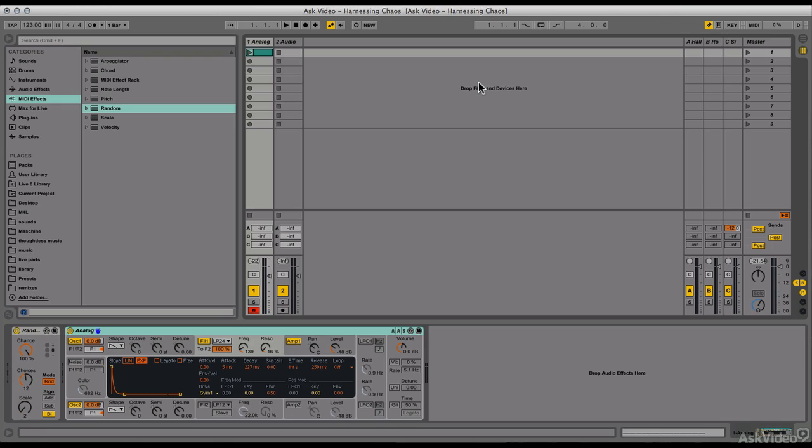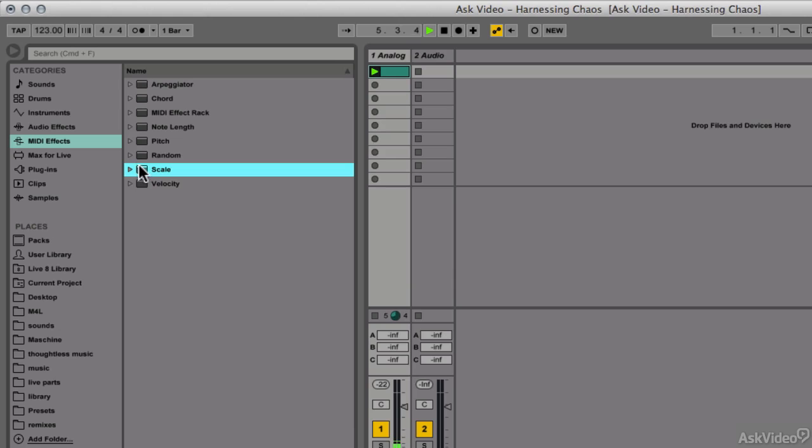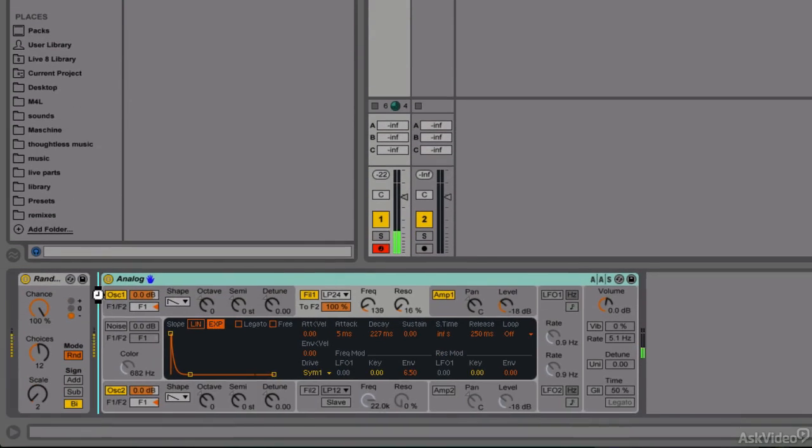In the last tutorial, we looked at transforming incoming MIDI notes via randomization. Now let's look at how to make them a little more musical. So here we are with our randomized notes going through the random MIDI device. And to address this, we're going to grab a scale MIDI device and put it between the random and the